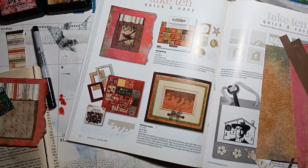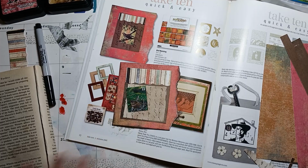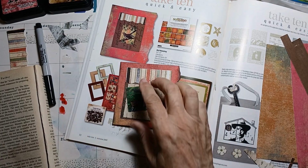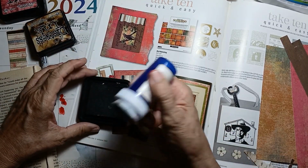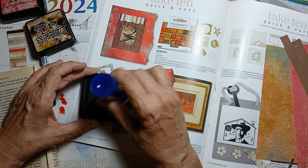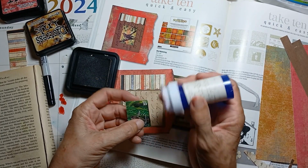I don't have small scissors right now. My small scissors broke. So I'm using my big scissors to fussy cut, and it's, you know, leaving a little something to be desired. Just gonna